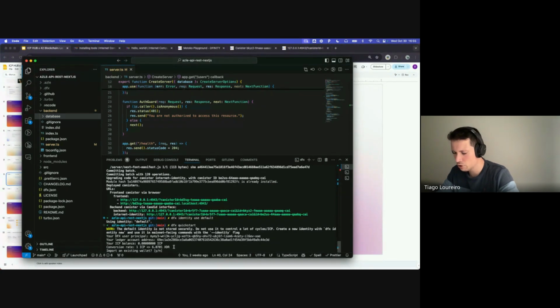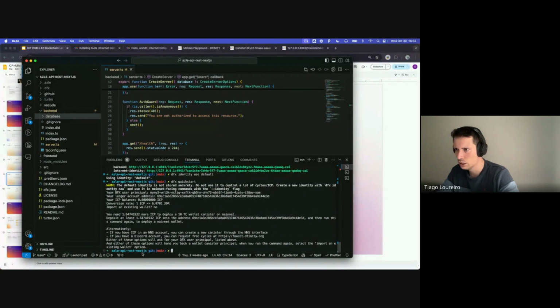So in this case, I'm going to listen to the warning. I'm going to say no, I don't want to do any imports. I want to do the correct thing. There is dfx identity new bootcamp, for example, that I'm learning something, and I just do it. And after I do it,